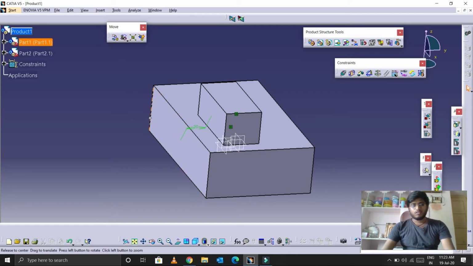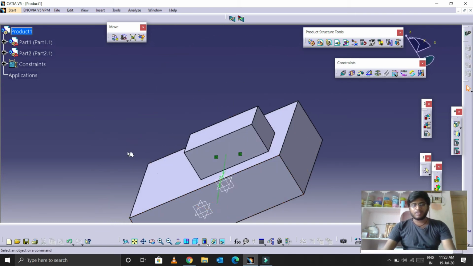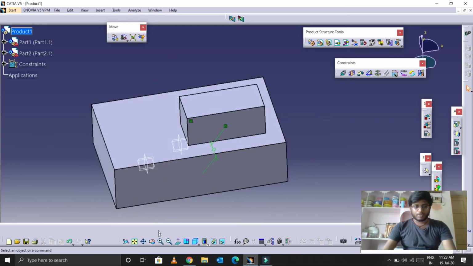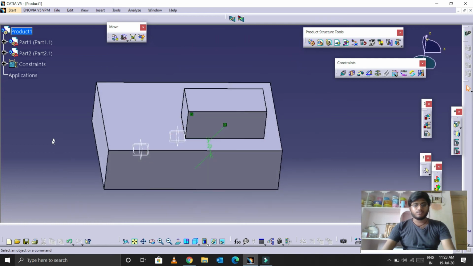Now one thing I need to tell you is about the manipulation dialog box. Now I have placed my diagram, and you can rotate this object by using this rotate command. You can select this and rotate the diagram. Now the object is like this. The big cube is the big object, and the small component will be placed on the big component. Now I want this object upside down. How can I rotate it like this?